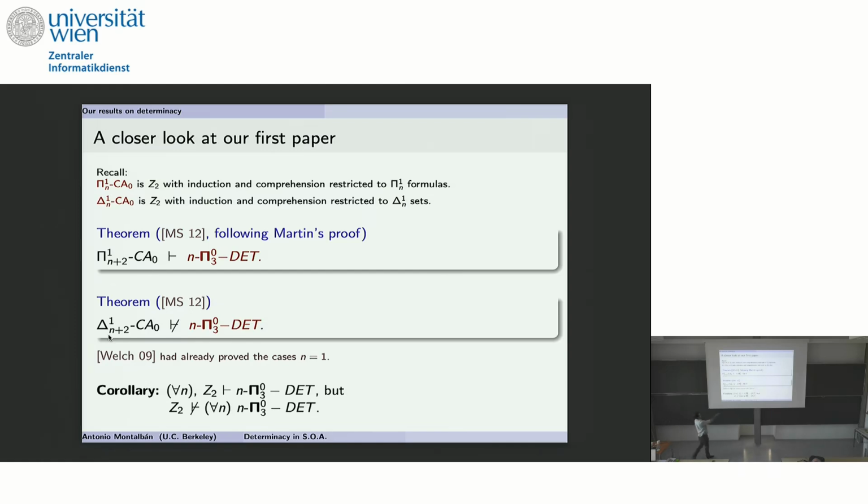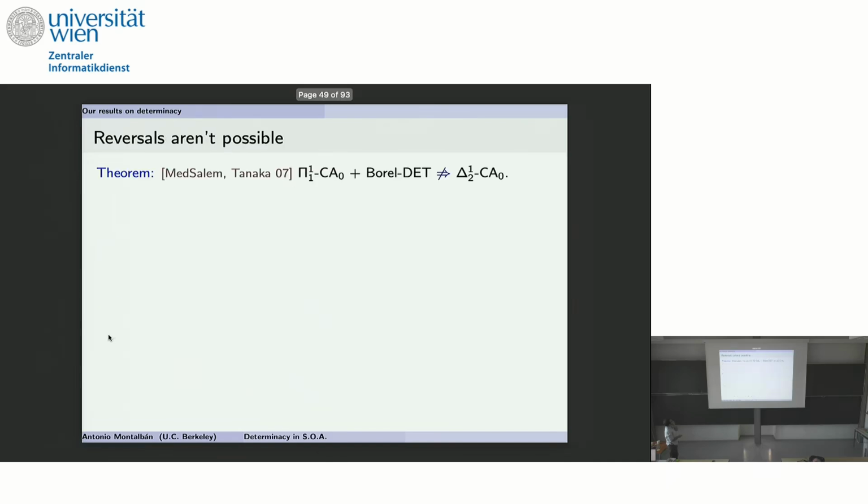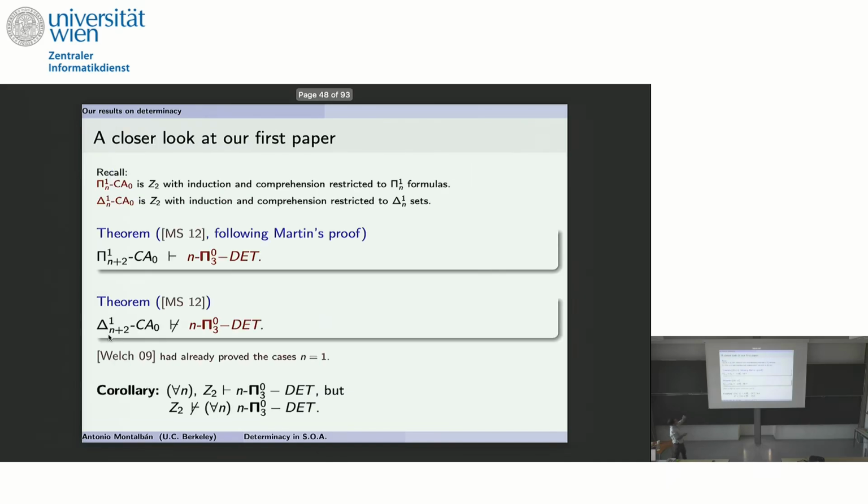For all fixed n, C2 can show determinacy of the n difference hierarchy, but it cannot prove it if you put the for all inside. So Gödelian kind of. Okay, so now the next question is, you have this sandwiched in between these two theories. Can we get a reversal? Can we get, for instance, that this one implies that one? Well, we can't. Of course you cannot.